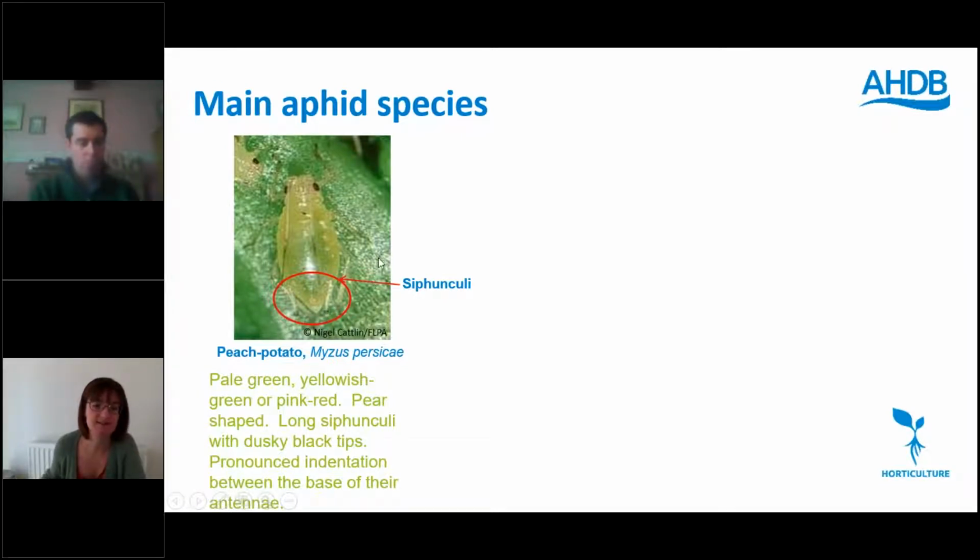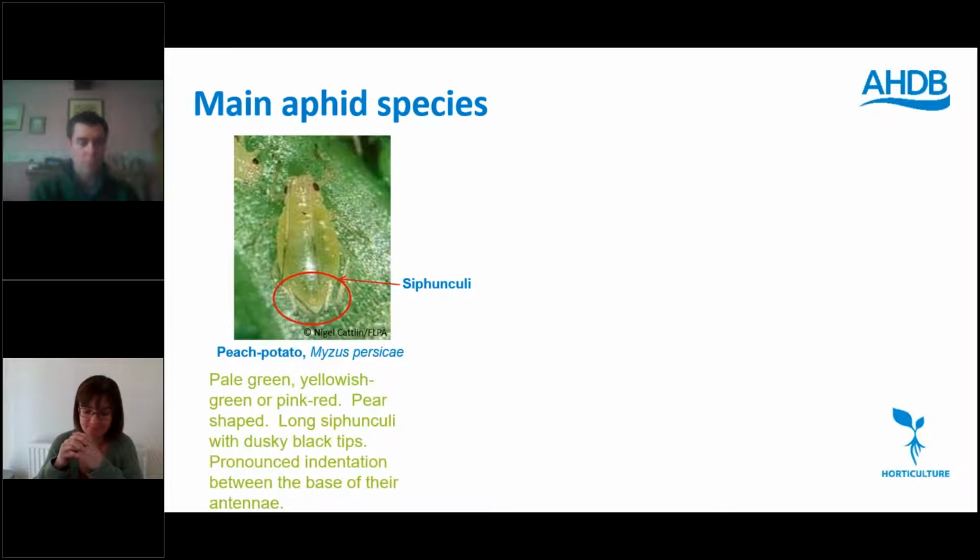Peach potato aphid also tends to have an indentation between the base of its antennae. So looking at the pear shape, the siphunculi, and the indentation between the antennae helps us to identify that this is peach potato aphid. These tend to form large colonies on the leaf undersides. So as I mentioned before, when you're crop walking and inspecting, look under the leaves to make sure that there's nothing there. They'll also develop on the young shoots,